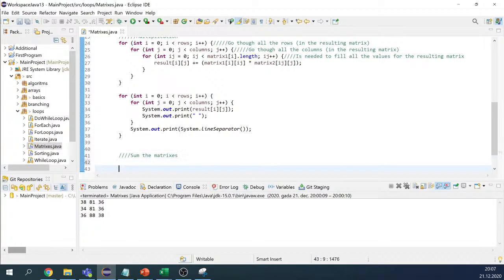Okay, let's finish it now. This is quite simple. So to sum the matrices,